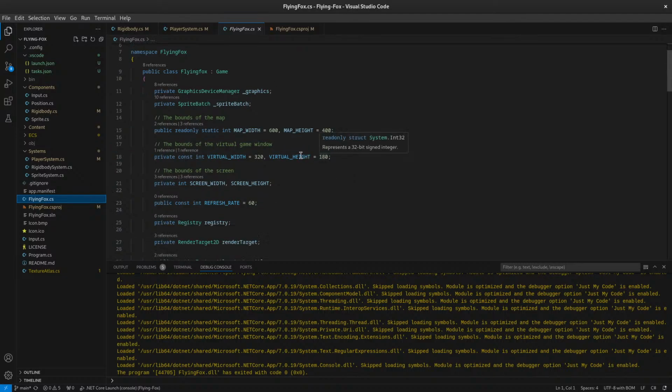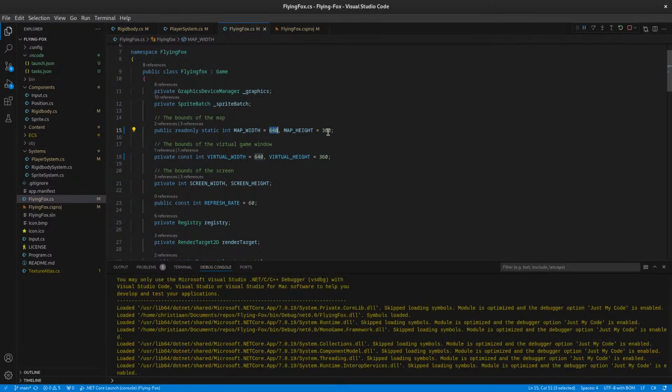You see the virtual height is 180 and 320. And the map height is 400. And since we're scaling this up, we aren't actually seeing 400. We are just seeing 180. So we can do one of two things. We can change the virtual width and virtual height, or the map width and map height. We're just going to change this one, or actually you have to change both. Or you're just going to have to make the virtual height and width much larger. We're just going to double this and make the map height and map width equal to these. So if we run it now,